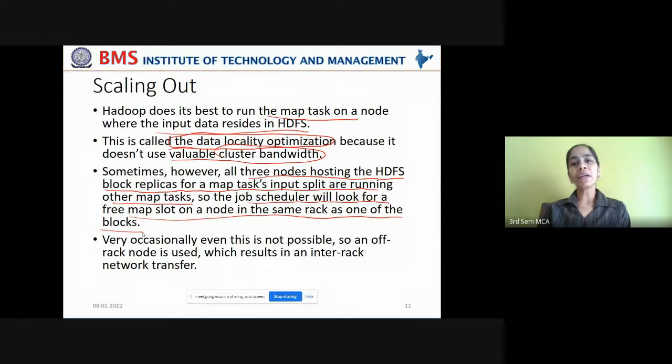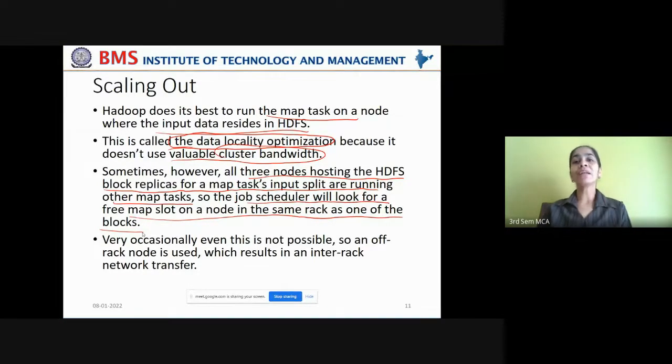Now, if the data node is already busy executing other map tasks, then it may not be able to take up this new map task that is being assigned by the Hadoop platform. So what is the alternative? It checks for a different data node having the replicated copy of that fragment of the data set and tries to assign the map task to that data node.